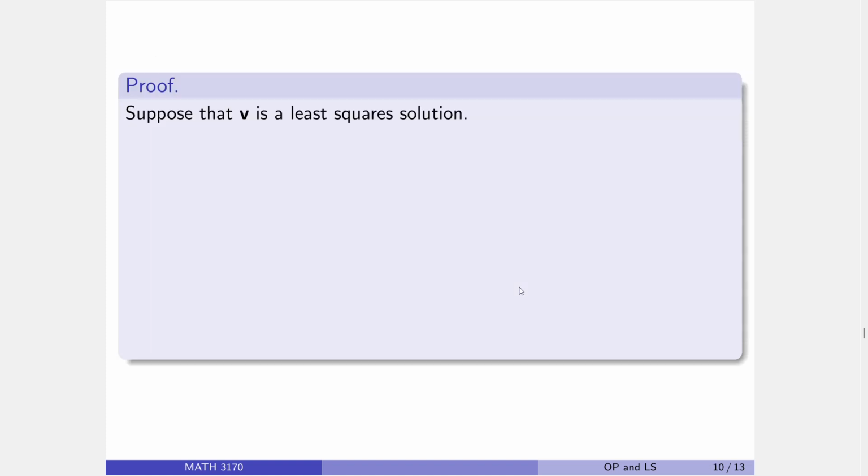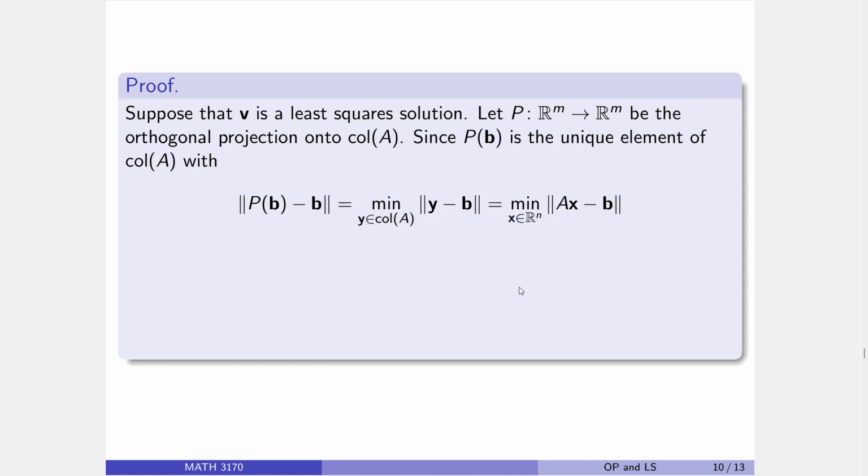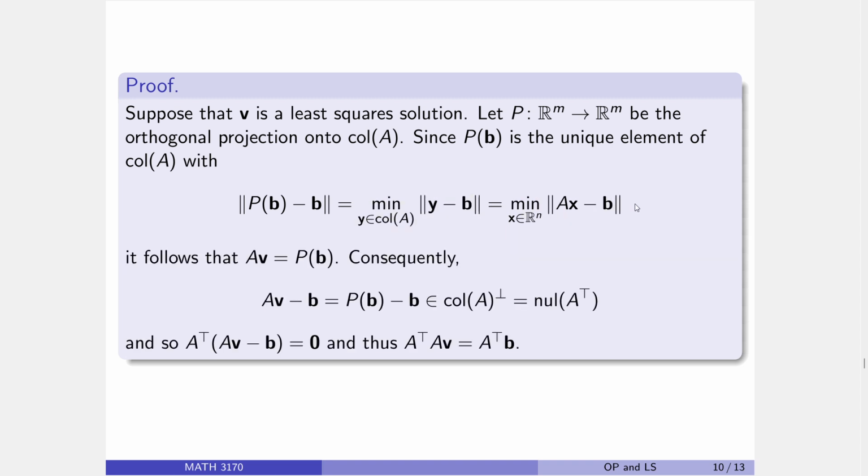Alright, so let's actually prove that that's true. Suppose that V is a least squares solution. Let P be the orthogonal projection onto the column space. We know that PB is the unique element that minimizes this distance. So it's got to be that A times V is equal to the projection of B. PB is the unique element that does that, and since AV is an element that works, AV